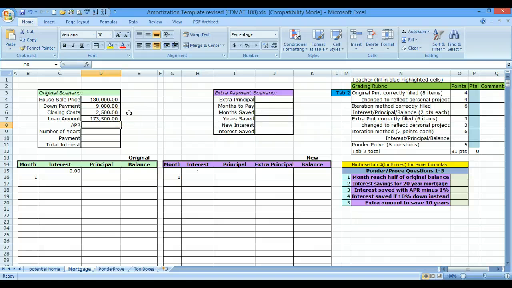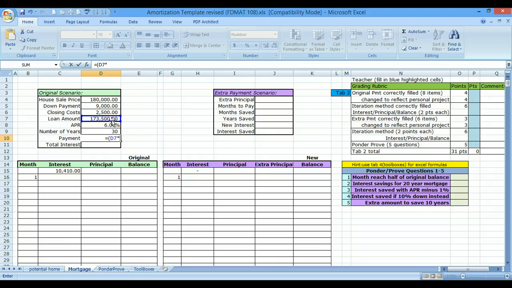The APR was given to us as 6%. Now remember, we're filling this out perfectly so that later you can go find your house and personalize this to whatever you find on the market. The years will be a 30-year loan, and the payment, we have 2 ways we can do this. We can use the payment formula found on page 249 in your text and calculate it out that way, and that would be equal the principal. So I'm going to put a parenthesis here, and that will be my loan amount